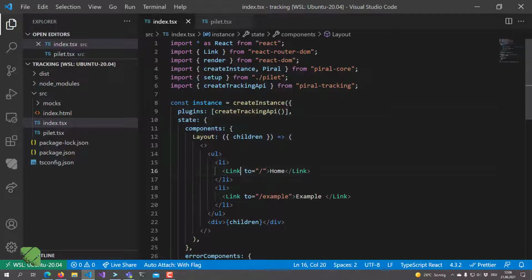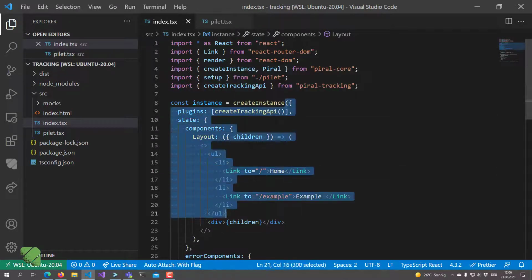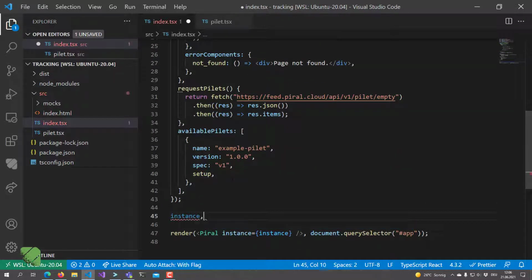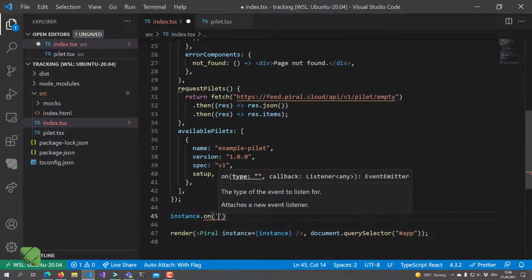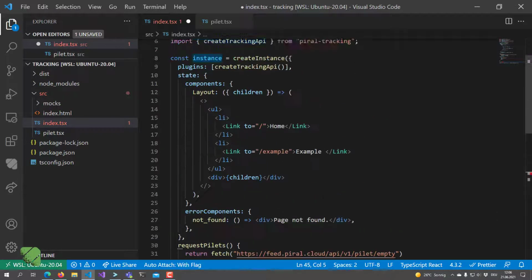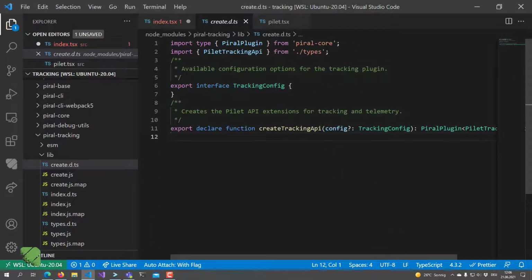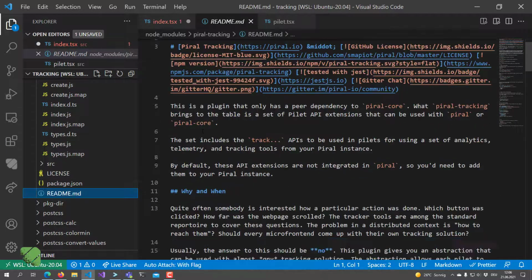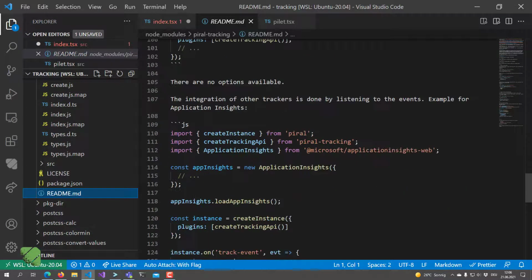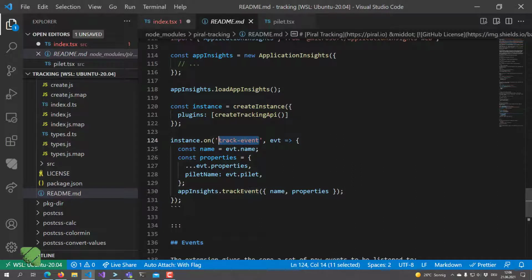Now, in order to fully use this, we would still need to set it up correctly. And the way to do that is via the event system. So what we can do is have a look here. And yeah, we need to have the right name. There are a couple of hints here, of course, how they are called. You can always read about them, but the simplest way is to just hook on and handle these track events here. So what I'll do is I'll just now copy this code here, track event,